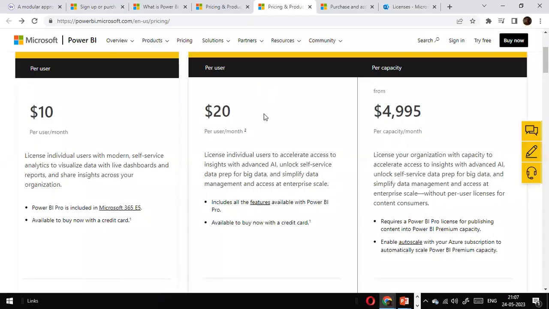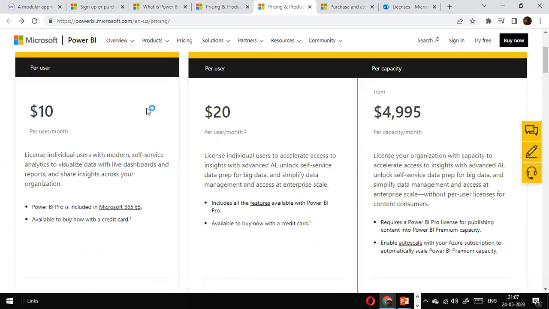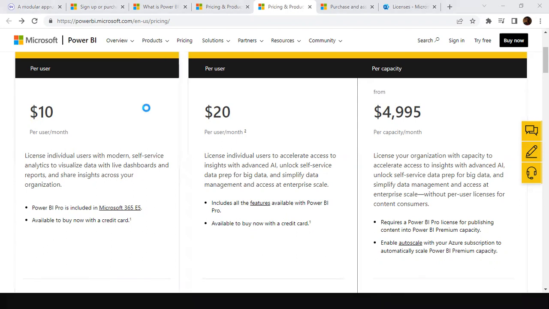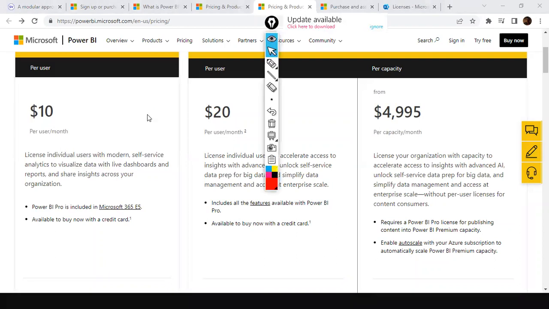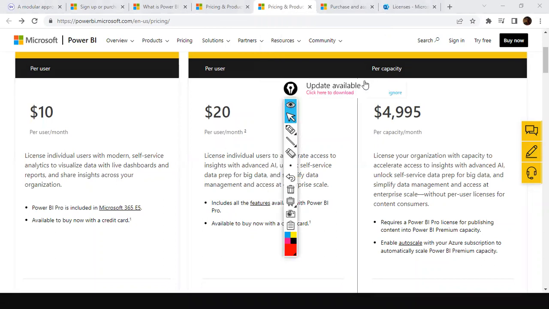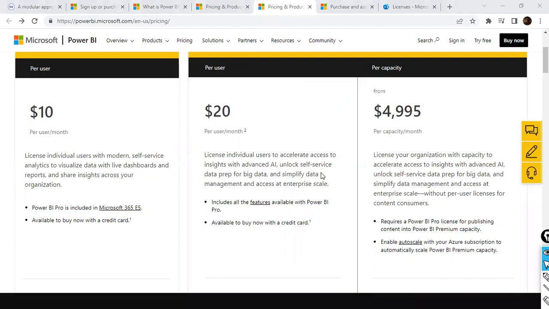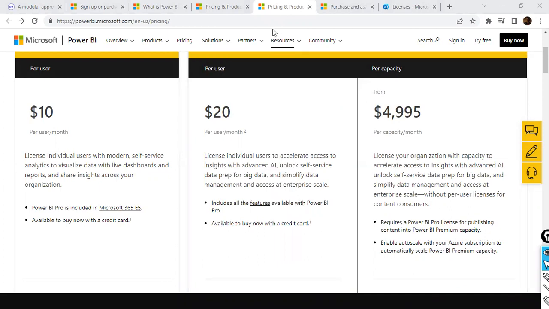The next one is the storage. Power BI Pro offers a maximum storage capacity of 10 GB per user. In the cloud, you can use only 10 GB. Beyond that, you cannot upload it. If you want more storage space, then obviously you need to go for Power BI Premium or the Power BI Premium per user license. But in the case of enterprises,